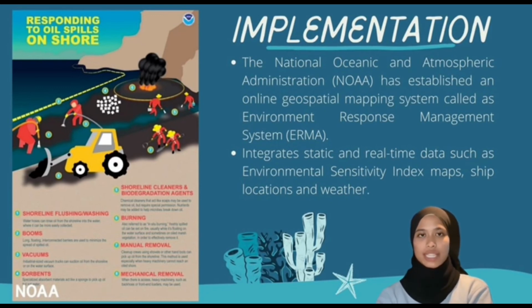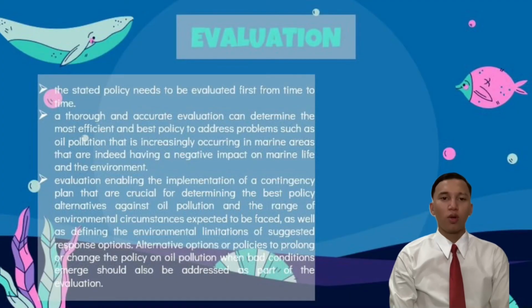Here are the 8 steps that were provided by NOAA. The first is shoreline flushing and washing, followed by booms, vacuums, sorbents, shoreline cleaners and biodegradation agents, burning, manual removal, and mechanical removal. For evaluation, once the implementation measure has been implemented or applied, then the stated policy needs to be